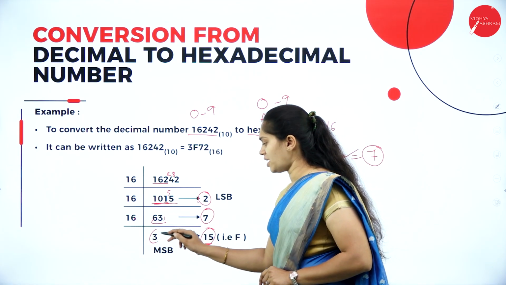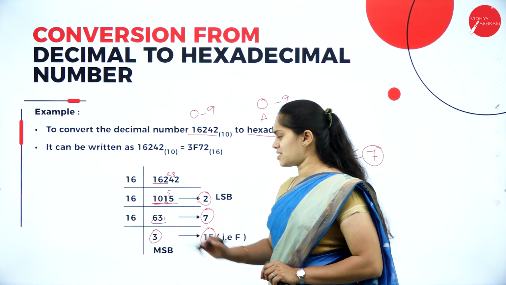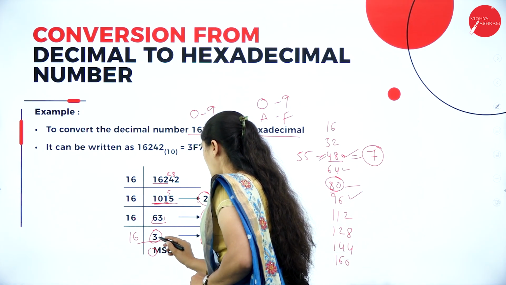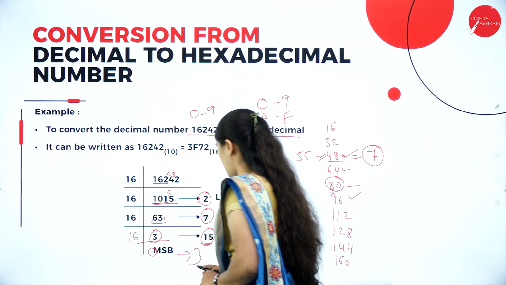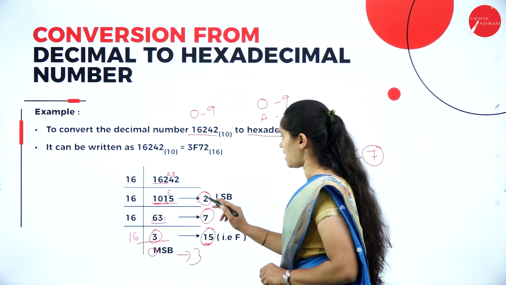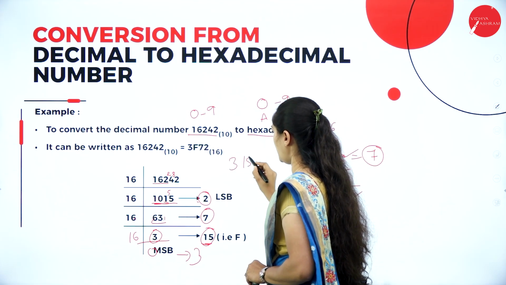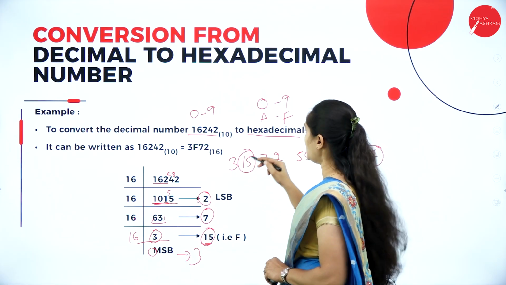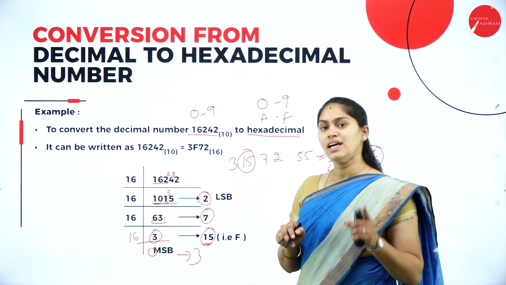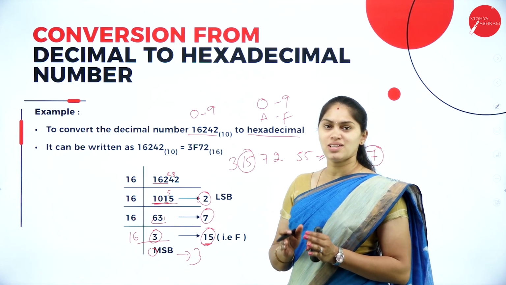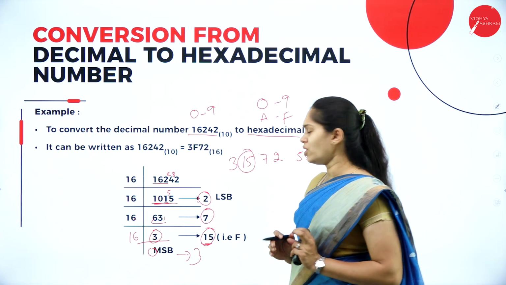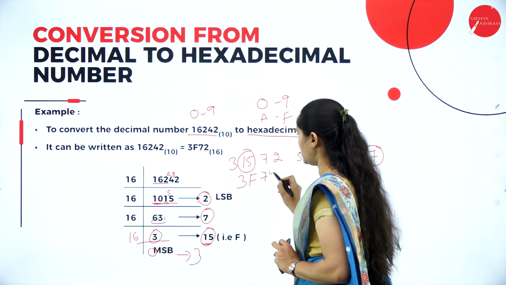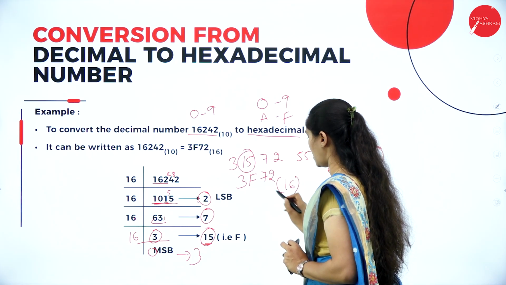Now here we have 3. Can we divide 3 by 16? No. In that case, 16 zeros are 0 and the remainder is going to be 3. So now it becomes 3, 15, 7, 2. But we don't have any number 15 in hexadecimal; it is considered as F, because the value 15 is equivalent to F. So instead of this 15, I need to write 3F72, which is of base 16,